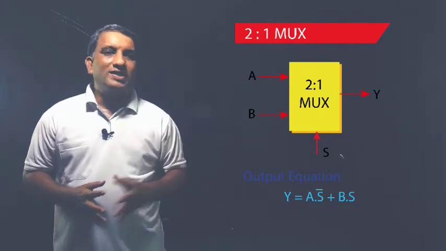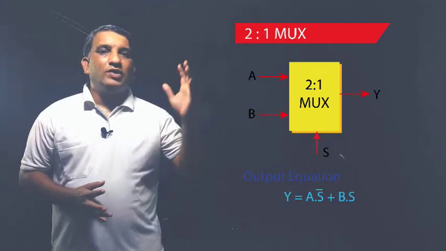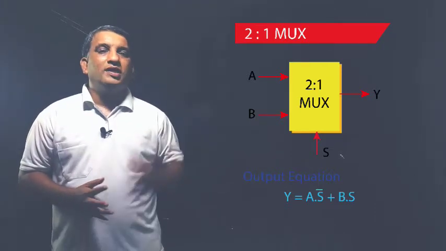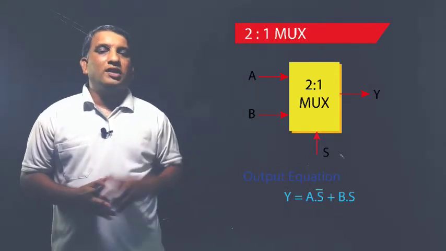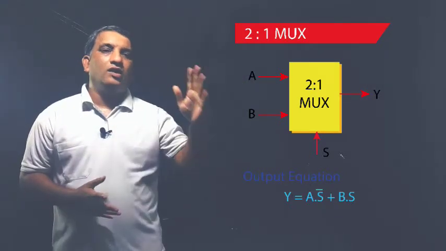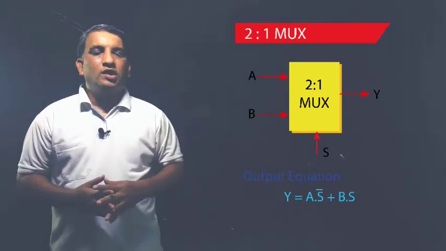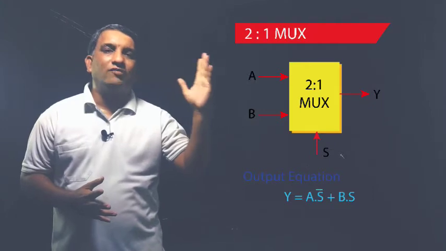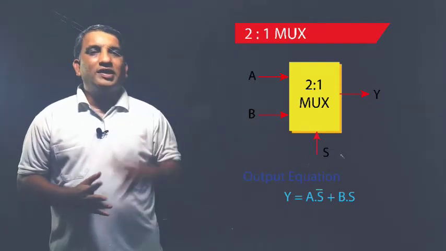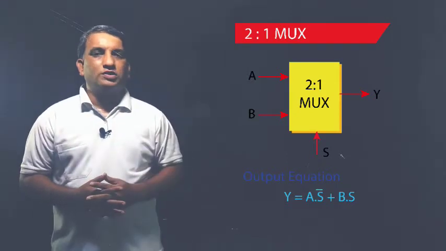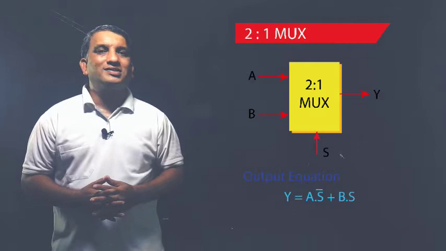So as you can see from the block diagram of this 2:1 mux, we know that conceptually the 2:1 mux will be having the two input ports A and B and one output port. I will represent that port with Y. You can consider any other variable name for this port, right? Now along with the input ports and the output port, you will be having one extra line and that is nothing but the select line.